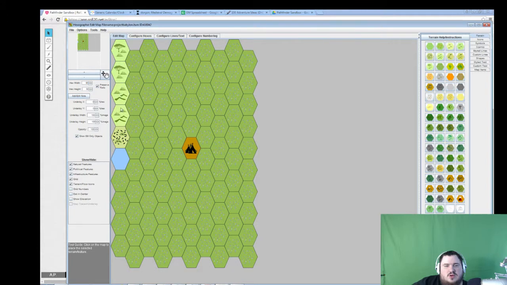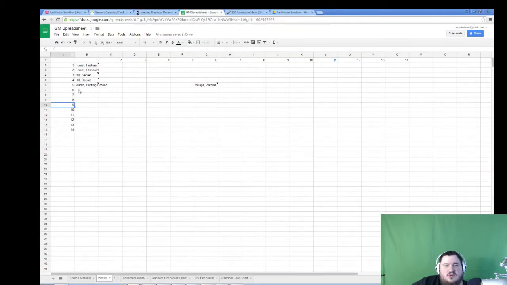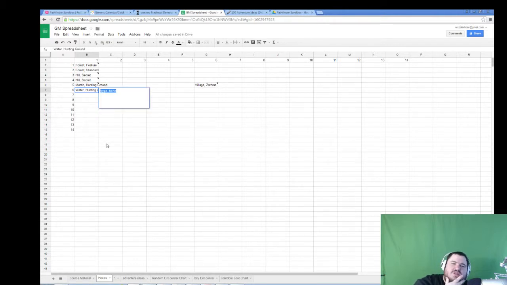Just make sure everything's lining up. Okay, so this is water. Water. Hunting ground. Well, they probably still hunt crocodiles here. I'm thinking it's like low, like it's only like 30 foot deep or something, so it's not deep enough for